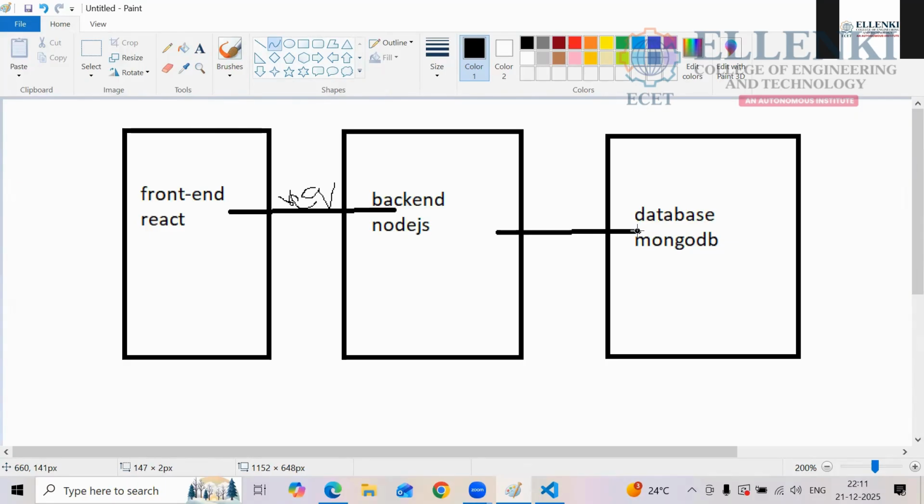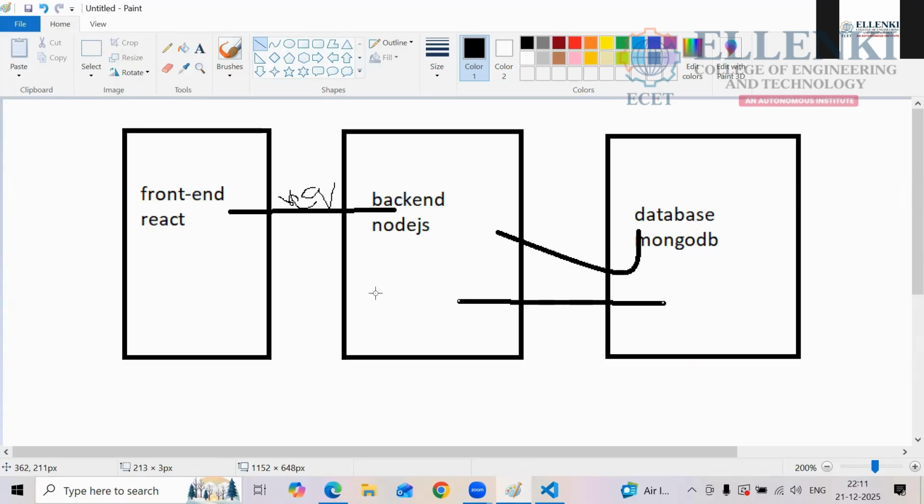The database. Okay, it will take the data from the database. In this database, you have to push some data. If you have some data that will be useful for your backend, then this database will give the response to your Node.js.